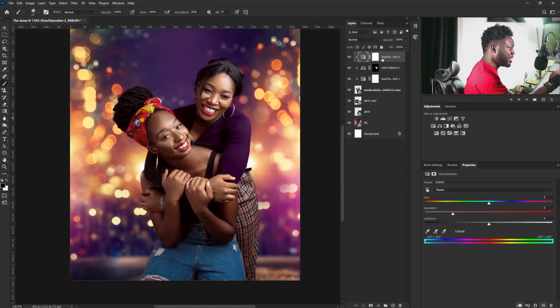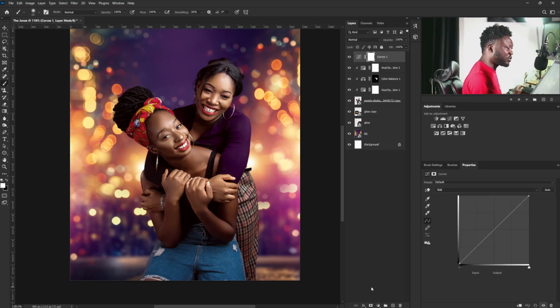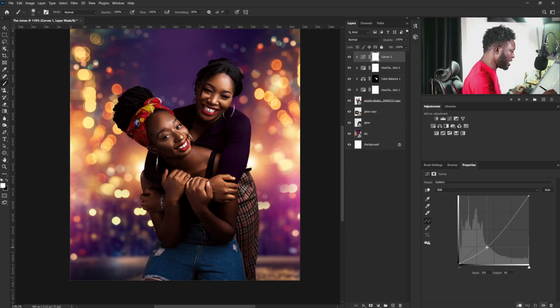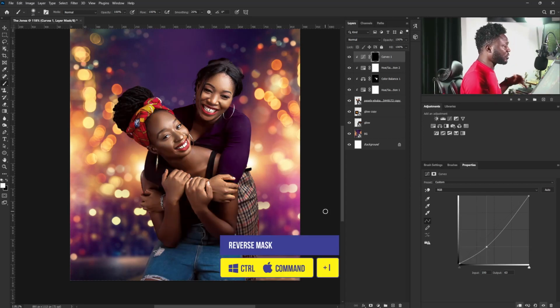All right, then I'm going to add curve adjustments and select the clip icon, because I want this side of the project to be a bit darker, because I want more focus on the face of the subjects. All right, so I'm going to select the clip icon here. I already did, and I'm going to move this down like that, and I'm going to hit Ctrl I to